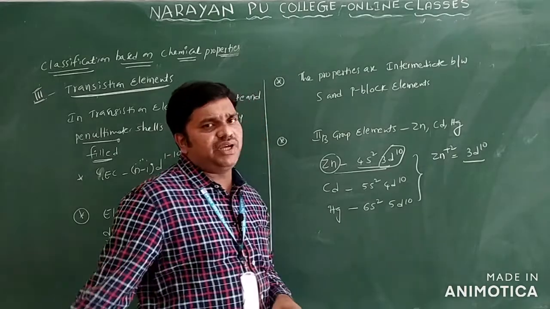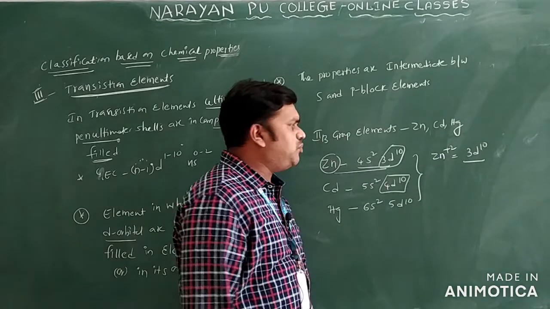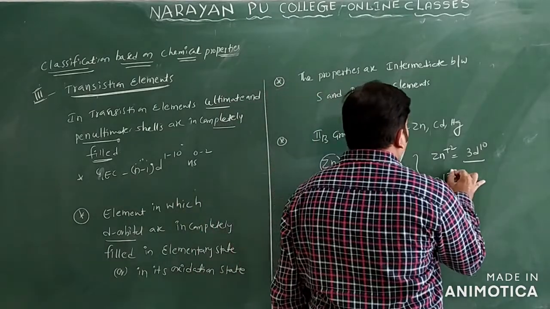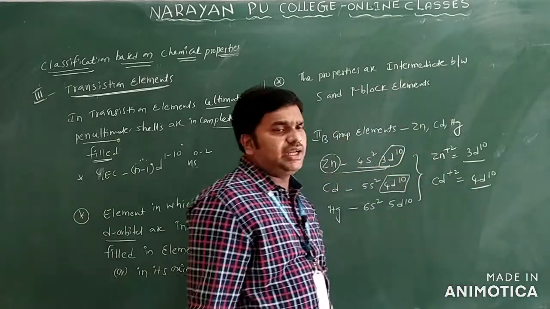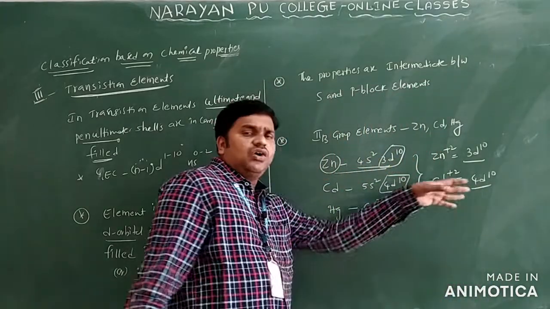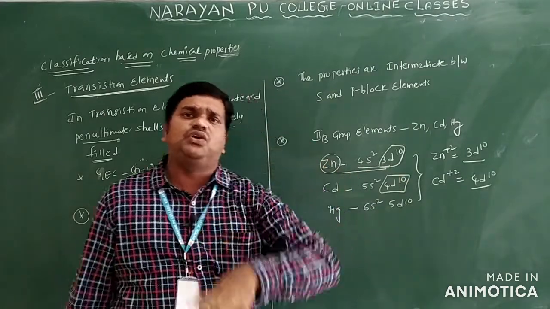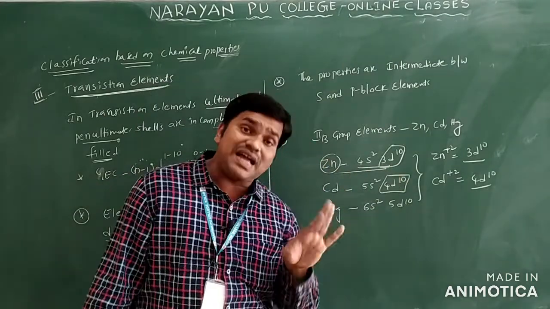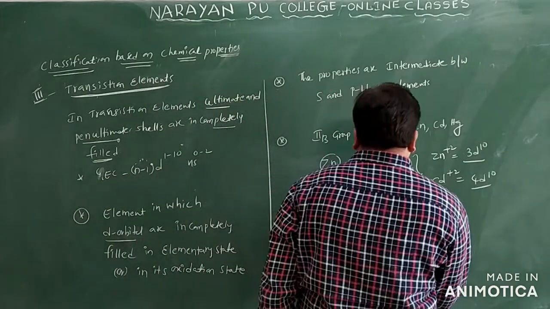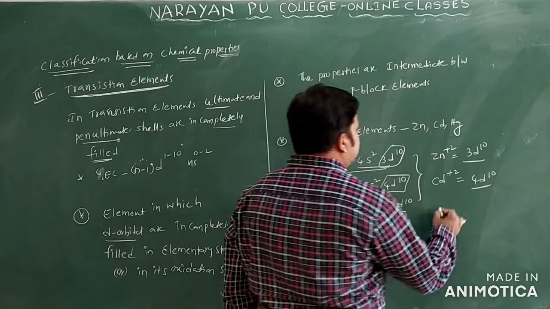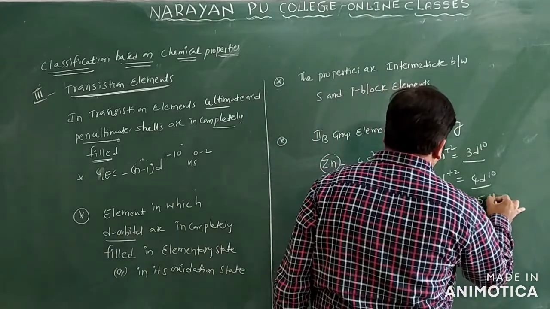Come to cadmium, we have cadmium also, you can see. If you see this, d orbital 4d10 is completely filled. Suppose I am writing here cadmium 2+, what will I get? I will get 4d10 only. So in this oxidation state or elementary state, d orbital is completely filled only. So this is not considered as a transition element only. Come to mercury, we have here also, you can see 6s2 5d10. Suppose I am writing here Hg2+, then what I will get is 5d10 also.